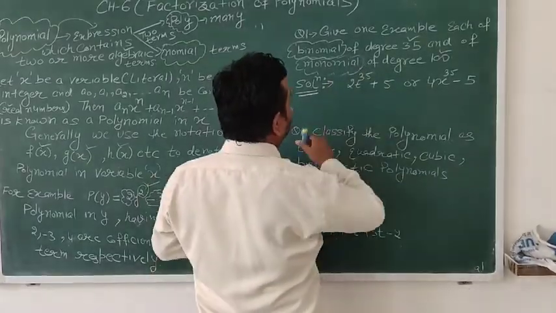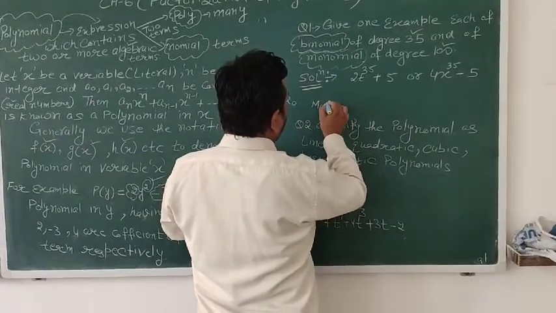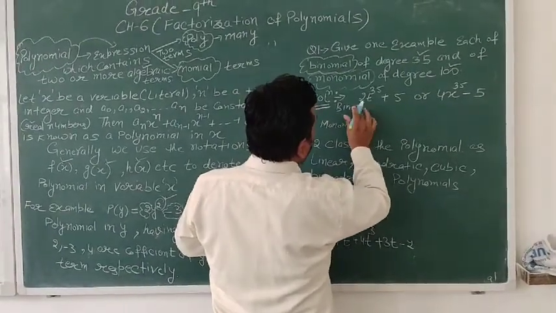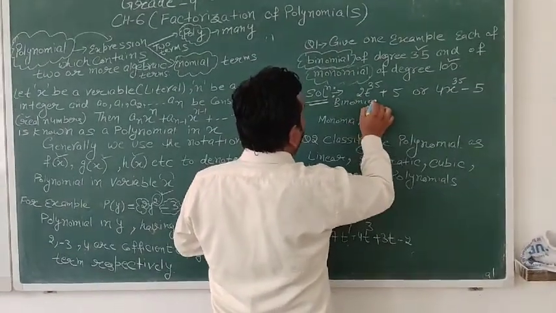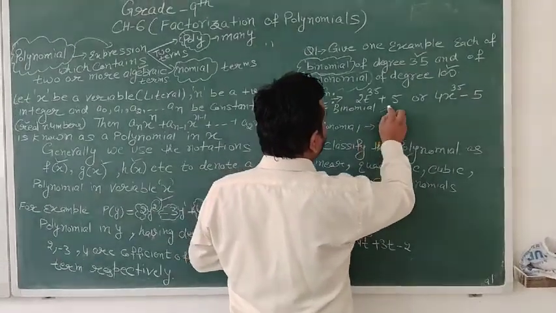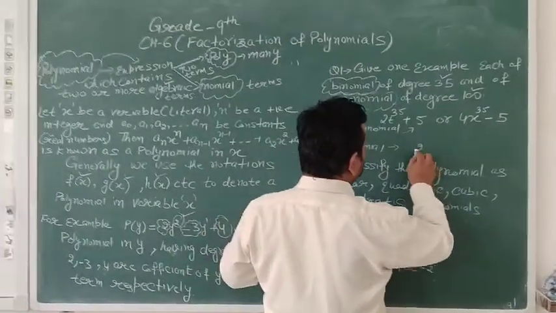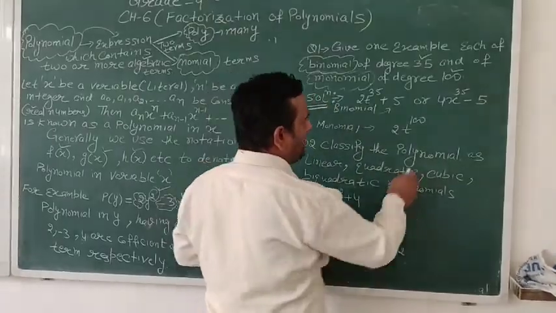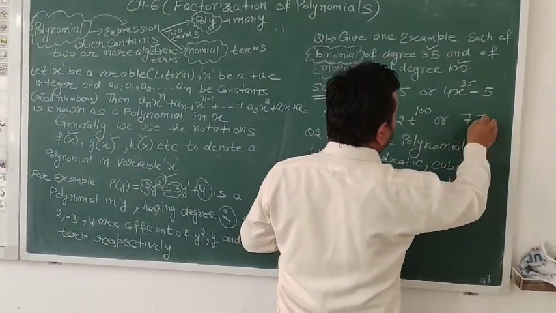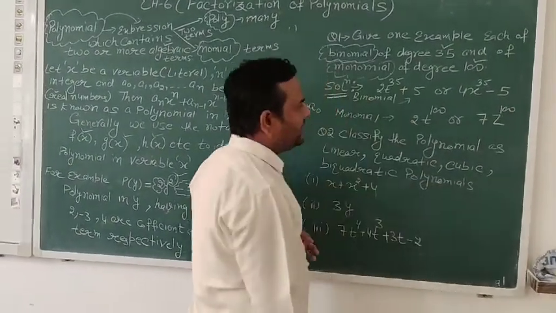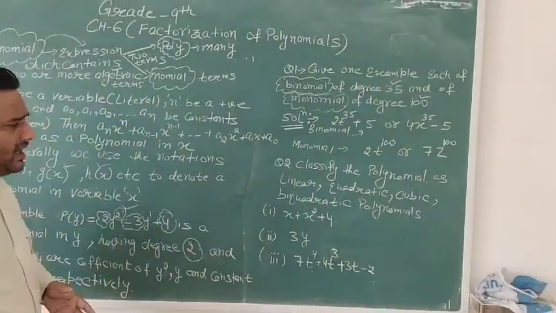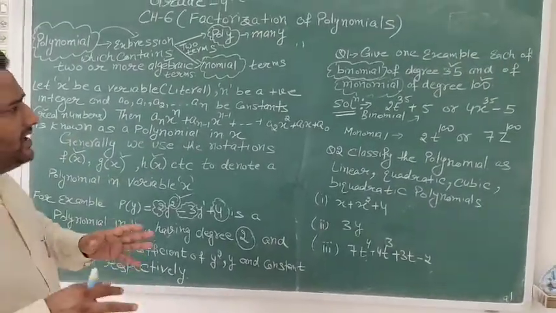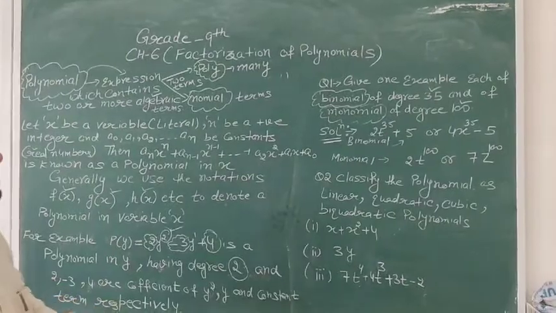Next we have to write an example of a monomial. So now students, I am writing a monomial example. This was a binomial. A monomial is one term, so I am writing here 2t only, students. But I am bound to write the degree, so I am writing degree 100, 2t to the power 100. Otherwise, if I write 4z to the power 100, otherwise 7z to the power 100, that is your choice. Because there are hundreds of examples in this case where we have to write a binomial with degree 35 and a monomial with degree 100. Hope you understand.